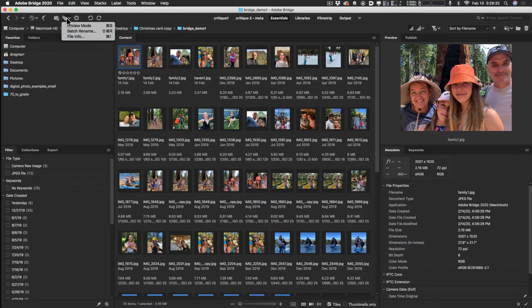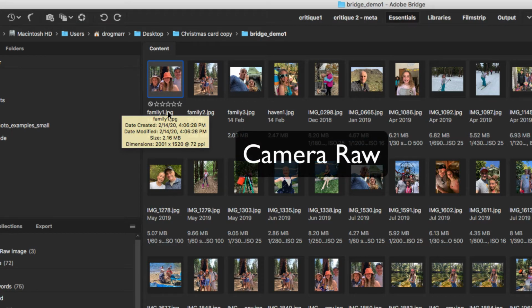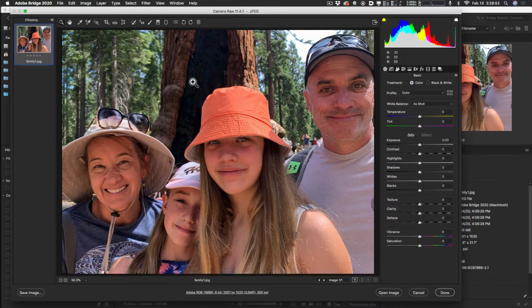There's also a drop down up here that says review mode. We'll look at that in a little bit. Batch rename, which maybe you've seen already before, where you can rename images. So that's underneath that button there. This button is open in Camera Raw. So if I select a JPEG like that and I click that button, it will open that image in Camera